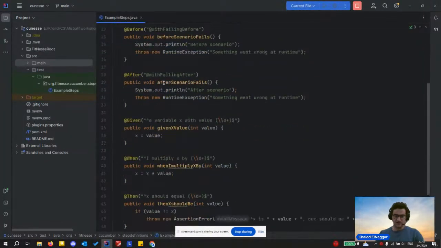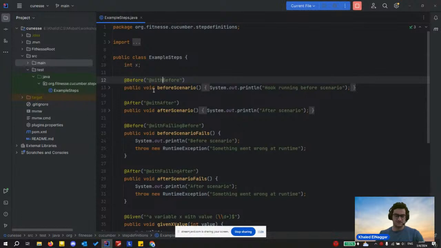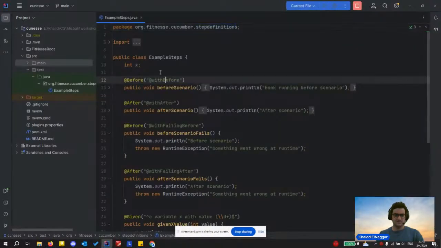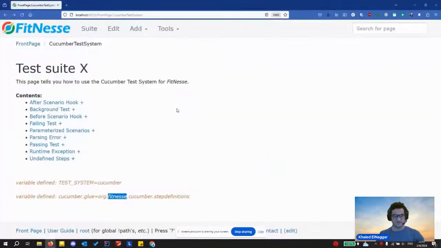Whatever step definitions you have here, it doesn't matter how many you have or what the configurations are, as long as you've provided the correct path and the correct package, it will be implemented into Cucumber and run successfully against it.